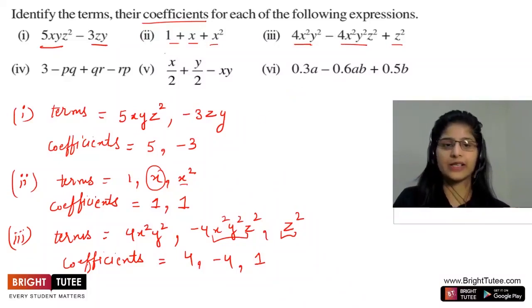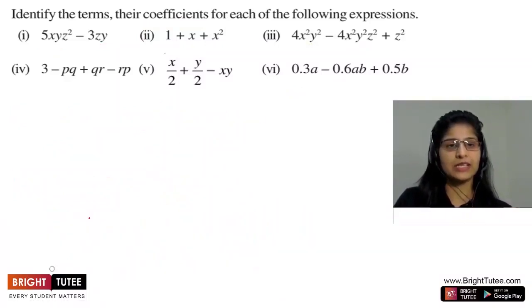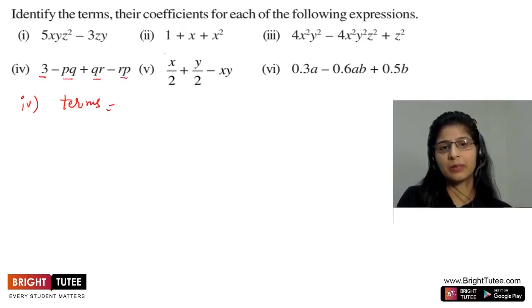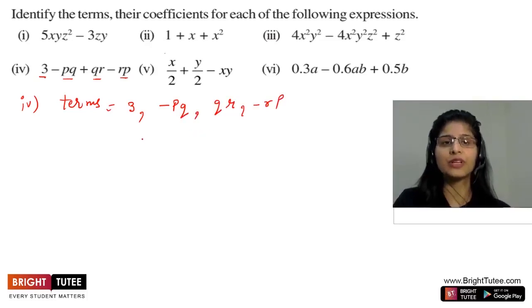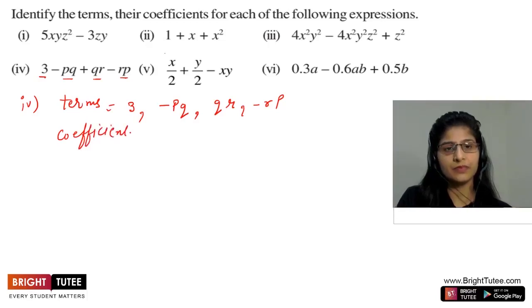Let us do the next three parts. So here I am erasing it. In the fourth part, we have to write the terms. There is PQ, QR and RP. Is there any one the same? No. So we have 3 as the first term, minus PQ as the second term, QR as the third term, and minus RP as the fourth term. So there are 4 terms in it. And the coefficients, if we write, are minus 1 for minus PQ, 1 for QR, and